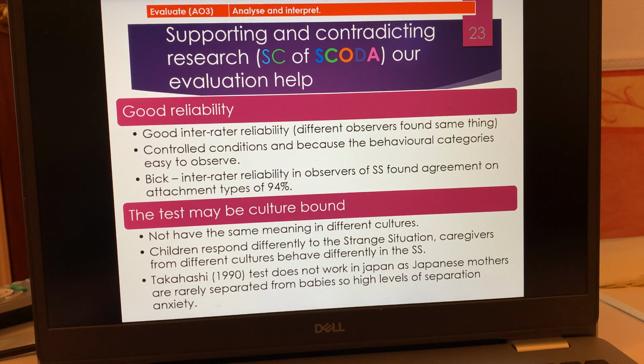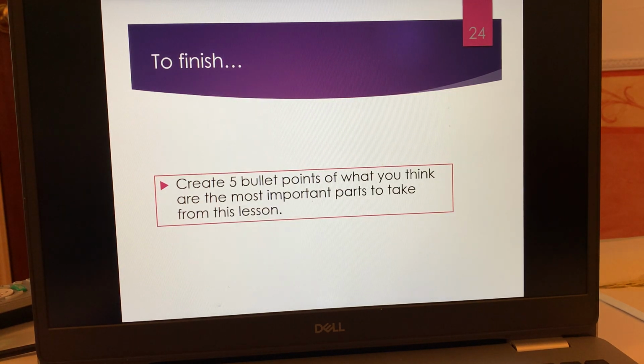So it's imposing the ideas of the US and attachment on a variety of different places around the world. It just doesn't work. So it's culture bound, but it's got good reliability. Internal validity is a little bit poor because it suffers from demand characteristics. So that's 3 that you can bring in as a problem there.